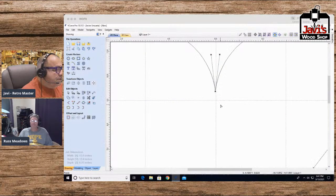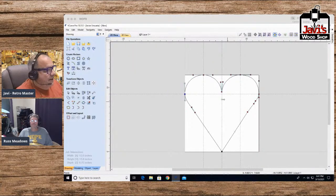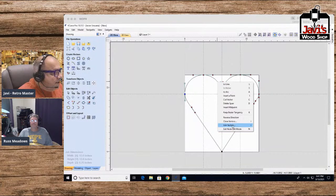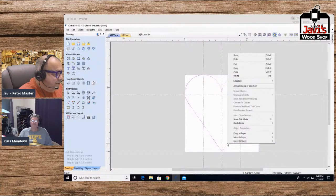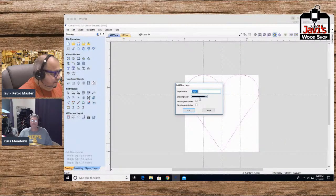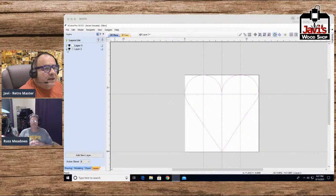Oh, there's another one here too, isn't there? Nope, that's just one. All right, right click and move it to a different layer, not copy. Yeah, almost made the mistake again. All right, so we moved it to a different layer. Now, let's hide that layer. And what I want to do now is